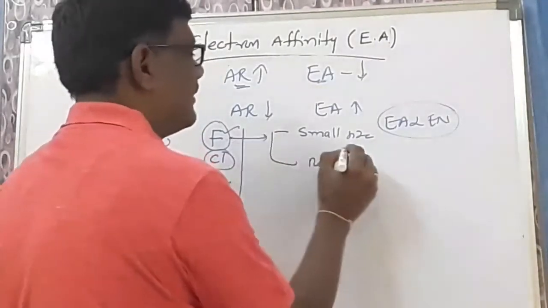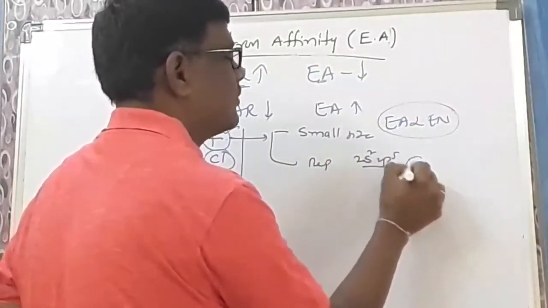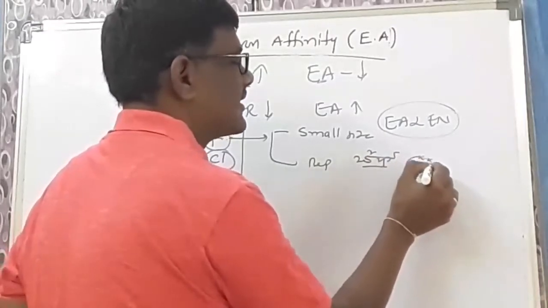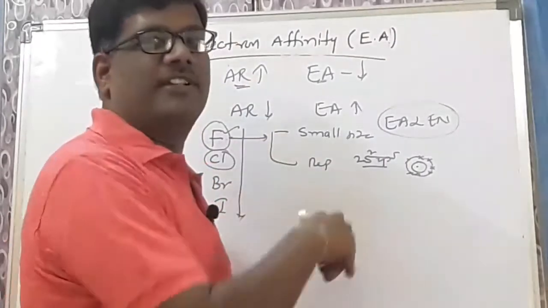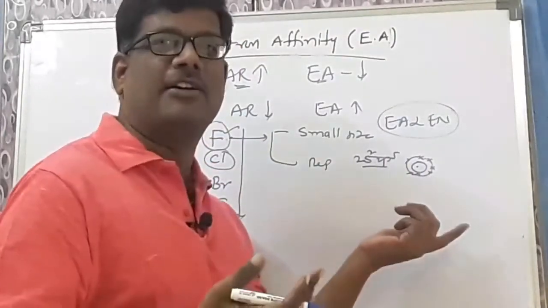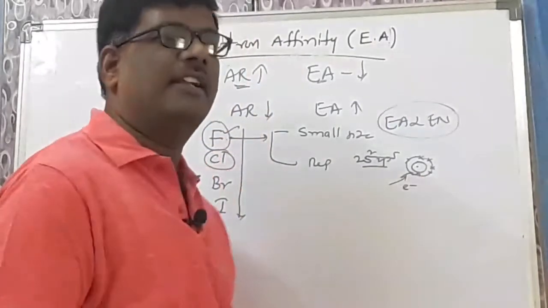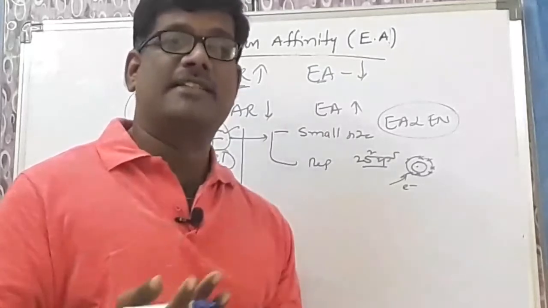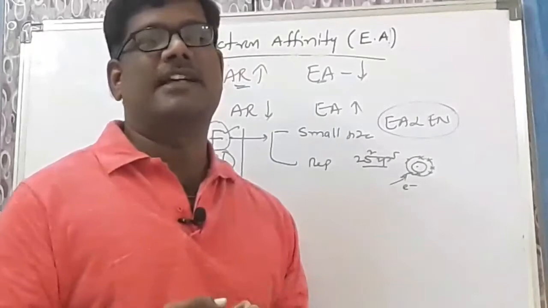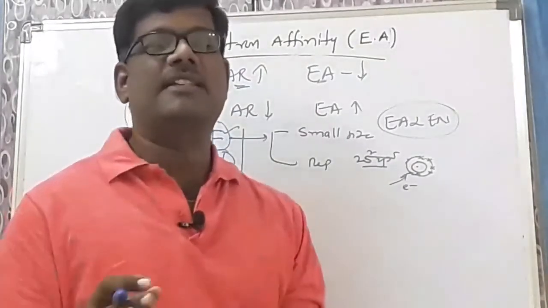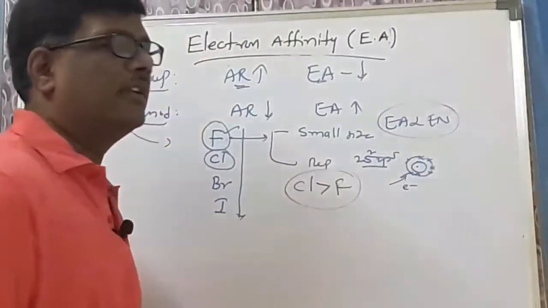Let us take fluorine, nothing but we can say 2s2, 2p5. Nothing but we have 2 shells, consisting of 7 electrons in the outer shell. What is the electron affinity? Addition of another electron. Already small size, already we accommodated 7 electrons, repulsions are there and you are adding another electron. Whenever you are adding another electron, what happens? Repulsion increases. Repulsion between the already present electron and the added electron increases. Ultimately, energy released will be less. That's why chlorine will have higher electron affinity than fluorine.